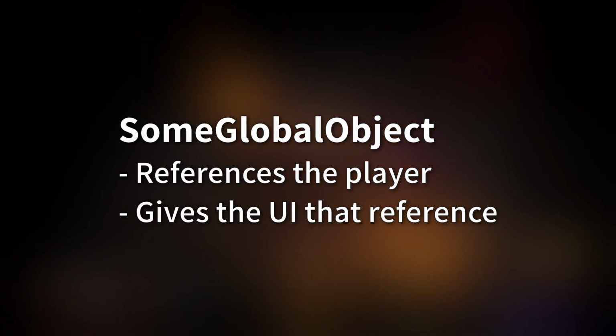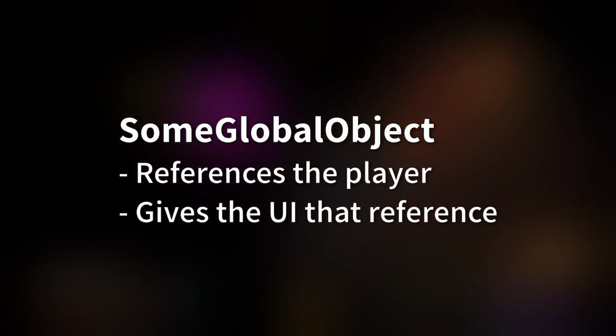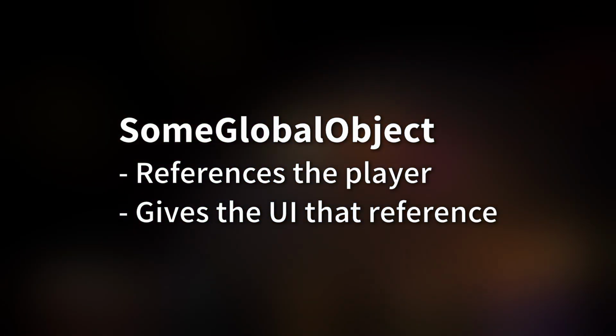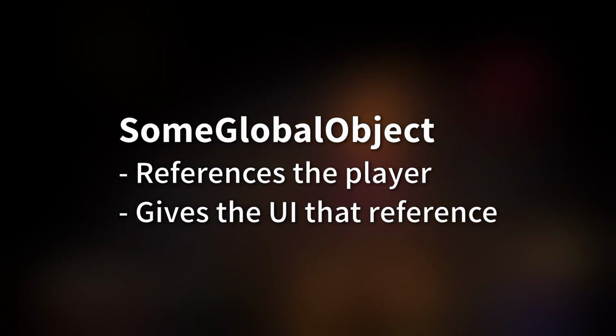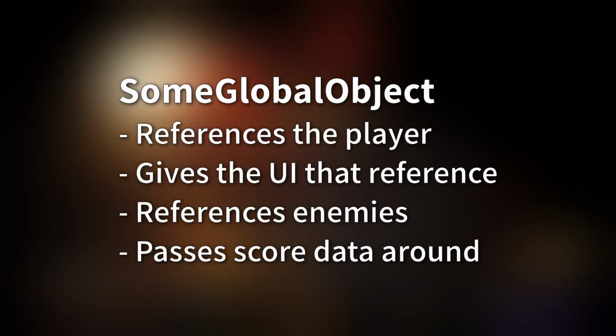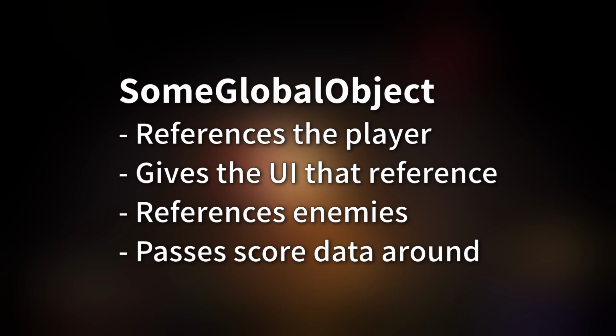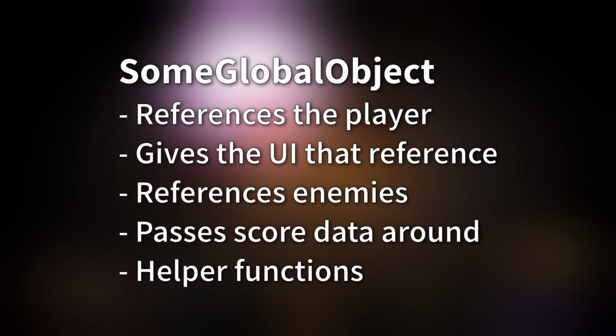Not exactly elegant, but it works for now. So then you decide you want to show a score based on how many enemies have been killed, so you put a few more references into this global object. Then you need a few helper functions to manage everything and pass some data around, so you add those in,